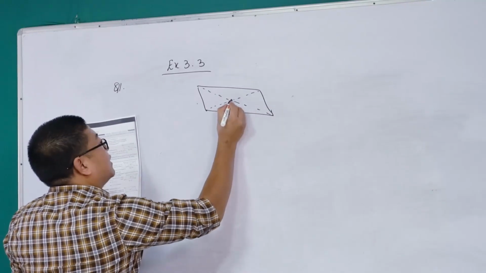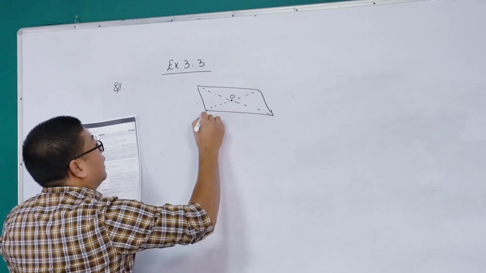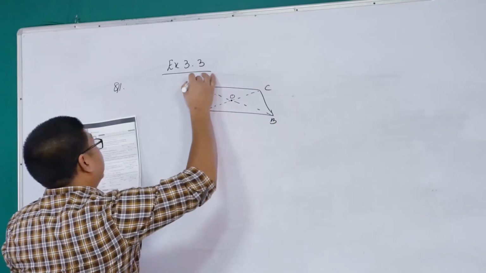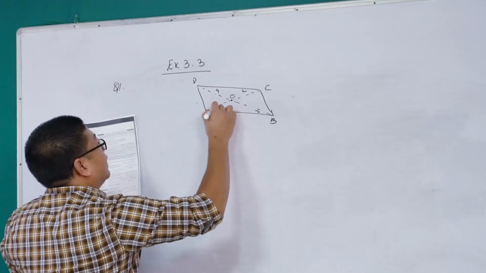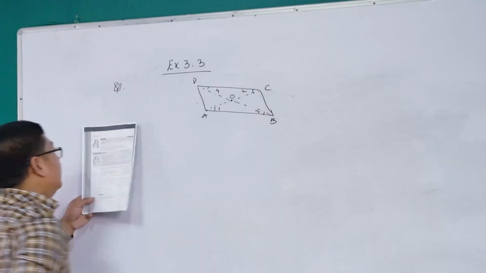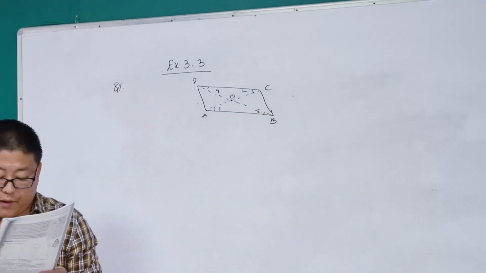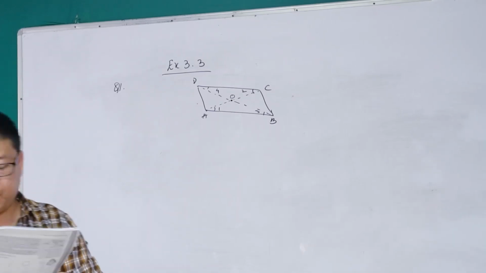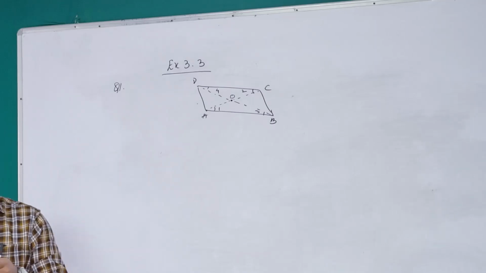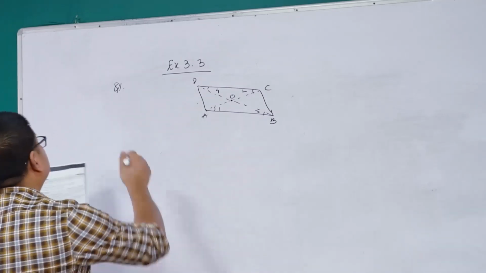They have marked the intersection as O, and the angles A, B, C, D, 4, 2, 3, 1. Now, given a parallelogram ABCD, complete the statement along with the definition of the property used. Now, they have given us question number 1 as